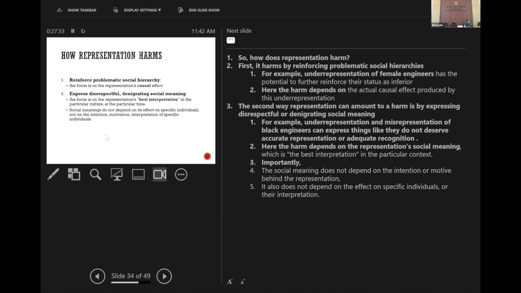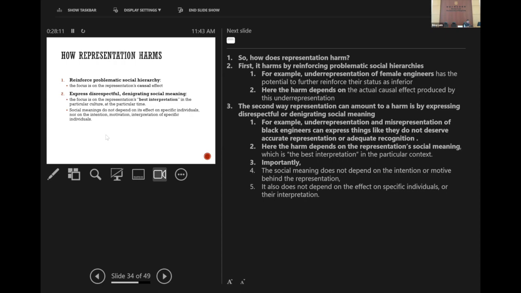And there's a second way representation can harm. It is through expressing disrespectful or denigrating social meanings. For example, the underrepresentation and misrepresentation of Black engineers can express things like, oh, they do not deserve accurate representation or adequate recognition, right? So here the harm depends on the representation's social meaning, which is the best interpretation in the particular culture at